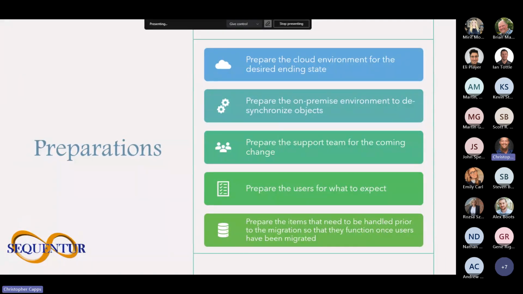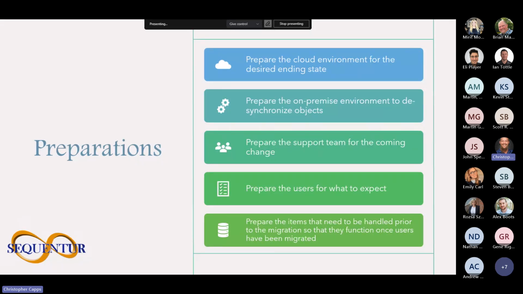After you're prepped for the migration on the on-premises side, you want to prepare your support team for the coming change. Anybody who is going to support these users and these systems needs to know what you're doing, right? Hey, everybody, we're moving from Active Directory to Azure Active Directory. Everything should go through here. This is your process. These are your steps. This is what you should expect. And likewise, do that for your users. Hey, we're making this transition. It's going to be a little different, but a lot of it will be the same. So let's all work together and make it as seamless as possible.